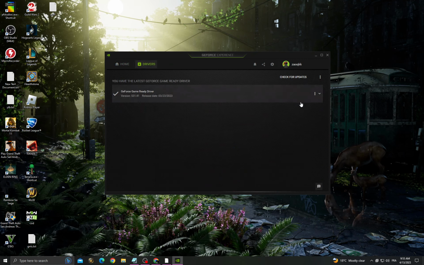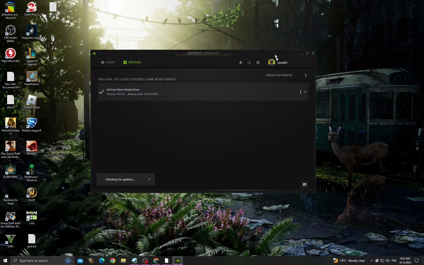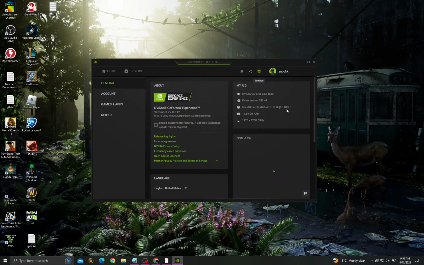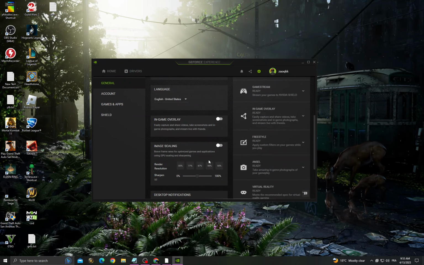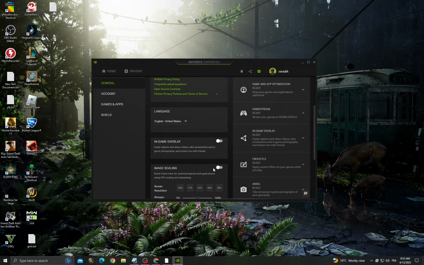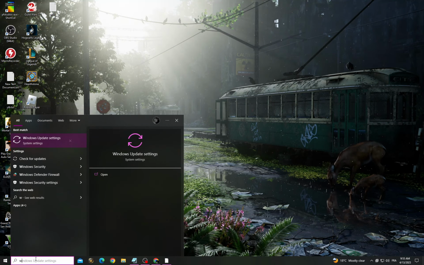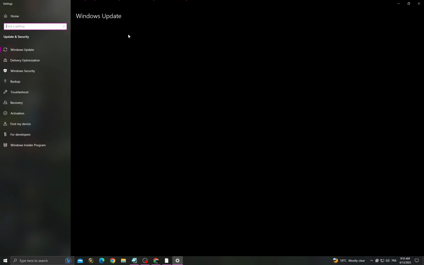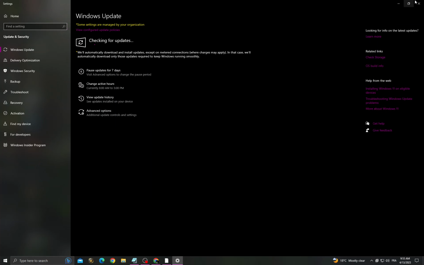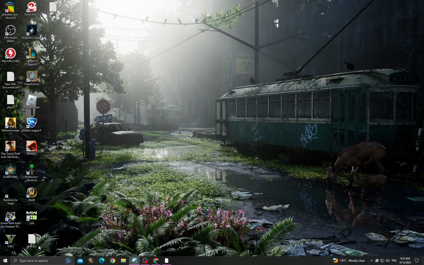and then drivers. Now make sure to install the latest update for your graphics card and then go to settings, scroll down until you find the image scaling and then enable it, and then go to Windows Update settings. Make sure to install all the updates that you can find, and if that doesn't fix your problem, now the